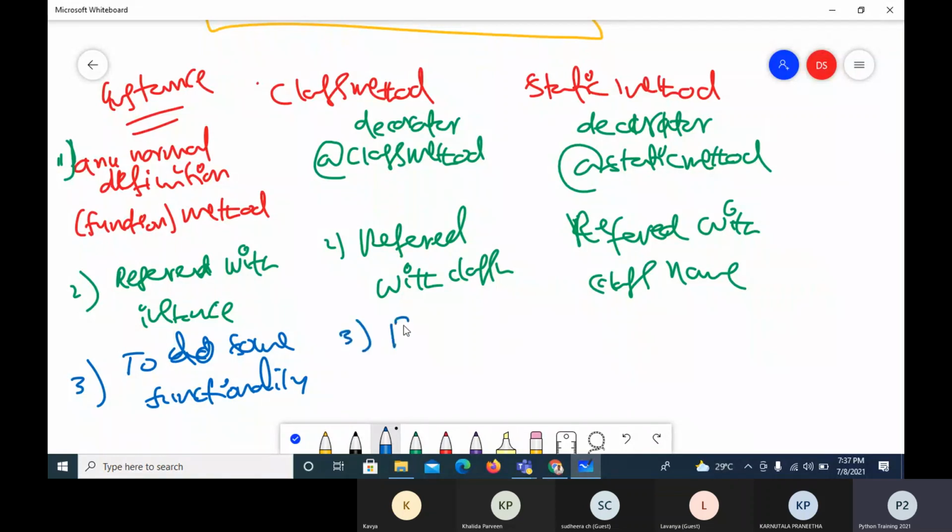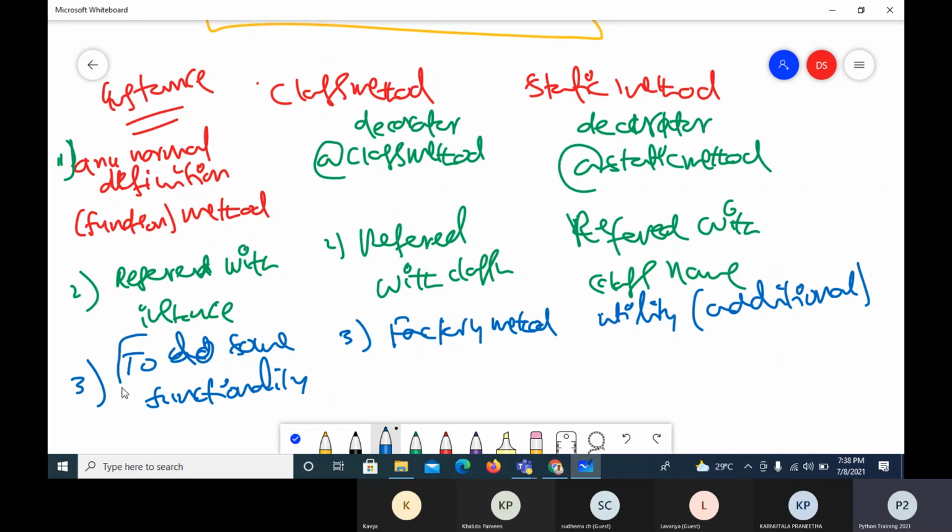Now when I take class method, it is a factory method. We can use it for other purposes, but mainly it is a factory method to build the object in a different way. A static method is nowhere related with the building of objects, but it is generally used to provide some utility kind of thing, some additional facility. If you want to provide some additional facility like a utility, then we can go for static method. It is not a common facility, some additional facility, which is not so important.